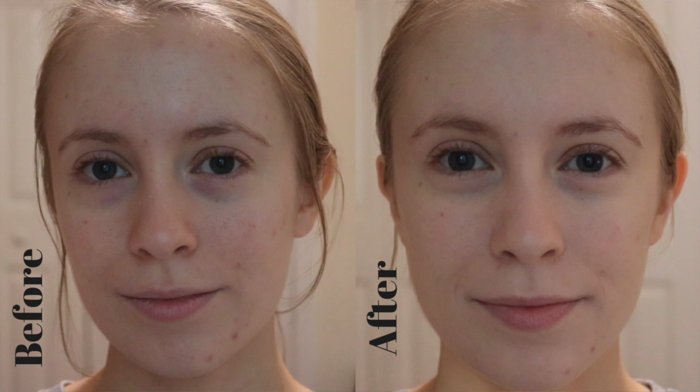So as far as coverage, you can definitely still see my blemishes peeking through, acne scarring. You can still see my skin, but that's okay with me. For a tinted moisturizer, I don't expect a lot of coverage. I don't really want a lot of coverage out of a tinted moisturizer because I really just want like a